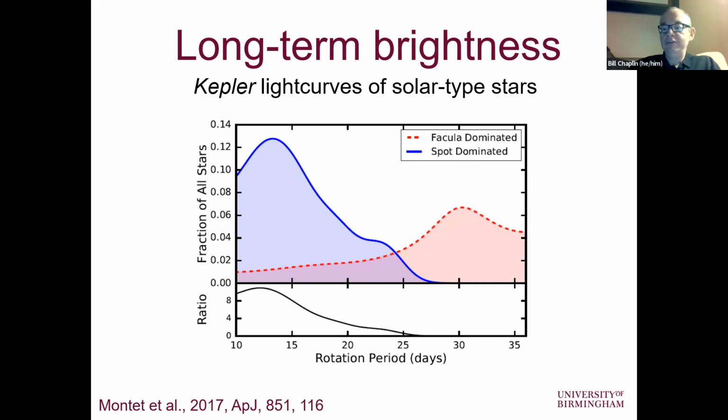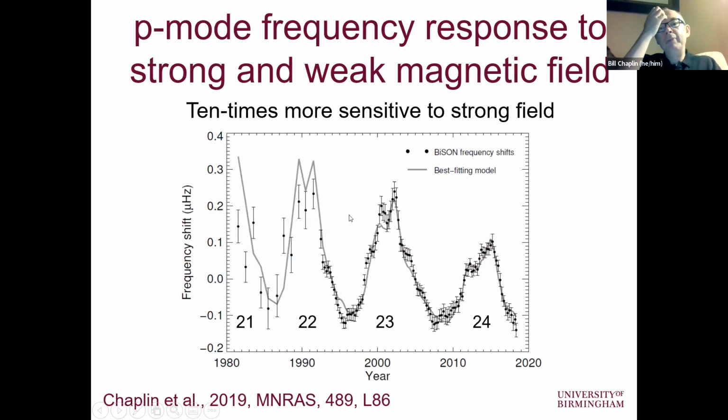Now, why is this interesting in the context of the seismic data? The seismic data fit this picture really quite nicely. So again, the notion here is this is sort of the rotation period axis. It's not quite literally, but it's sort of mapping onto evolution, all things being equal. It's suggesting that you'd expect stars as they evolve to transition from being spot dominated to facular dominated.